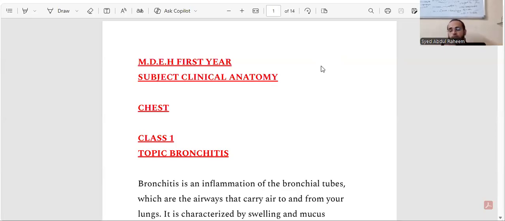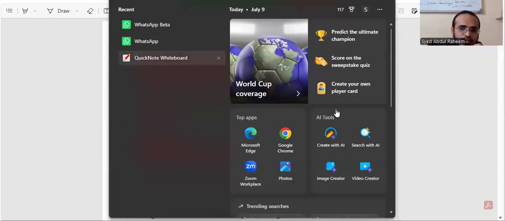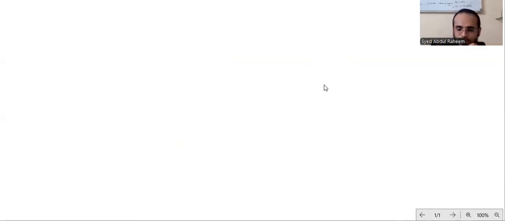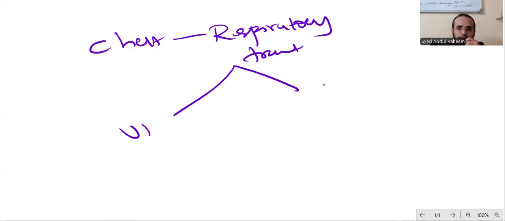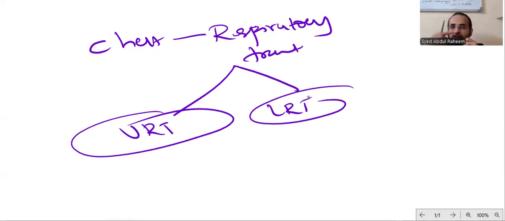So, we completed upper limb, lower limb, important clinical classes. Today, we are starting thorax region or chest region. In the chest, what are the organs we have? Let's see first. Mostly chest, or we can call respiratory tract. It has two parts: upper respiratory tract and lower respiratory tract. In the upper respiratory tract, it will start with